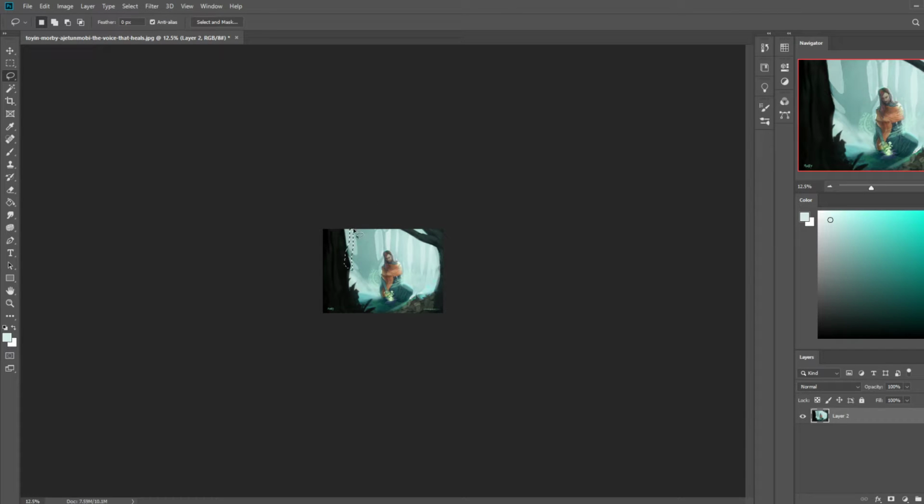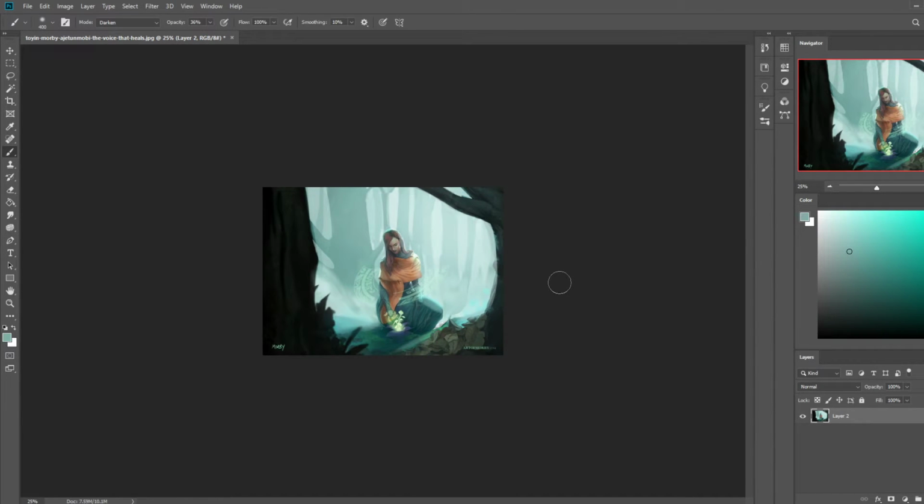And that tree will only be a step down in darkness, of course. So darken. Just like so. And then we have the glowing yellow.